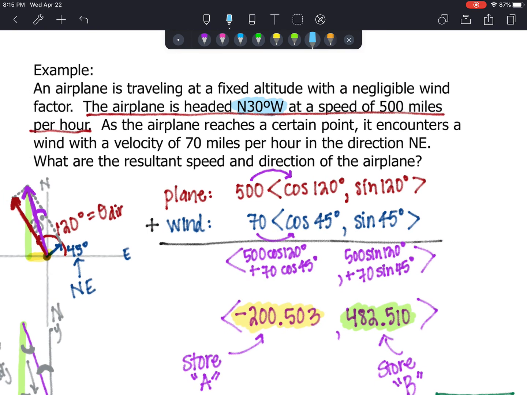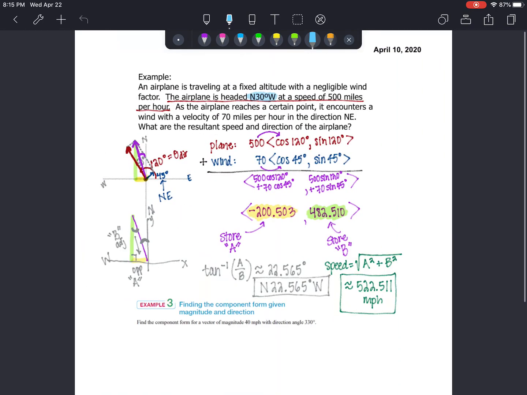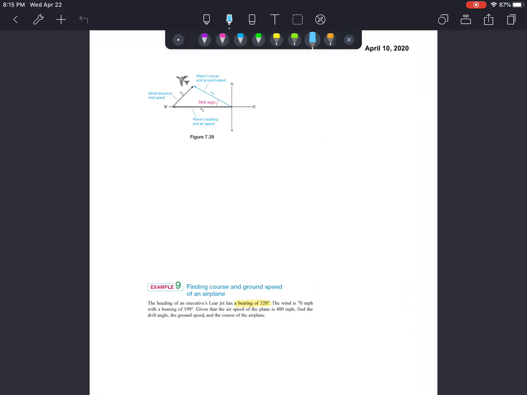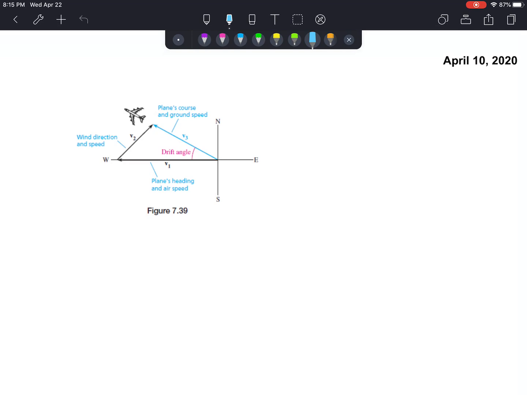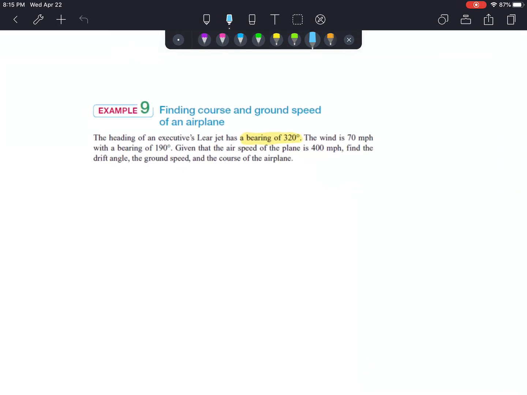So bearings can be given two different ways. One way is using our directions, north, east, south, west. And another way is talking about due north. So when I have a 320 degree angle, that's a bearing,